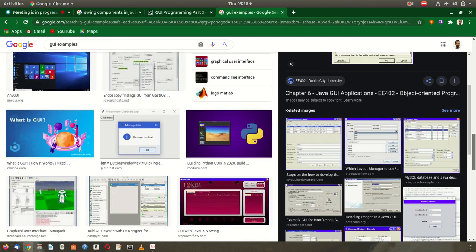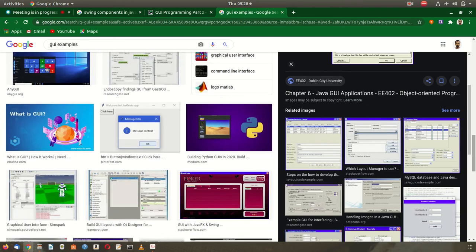Interface means something which is used as a portal, or you can say a communication medium. That is the real meaning of interface. Java also has an interface, but that is more technical.